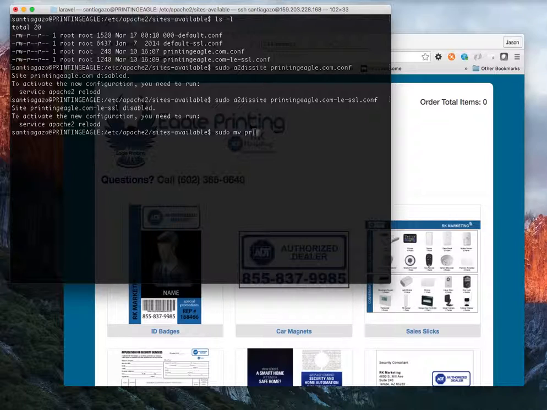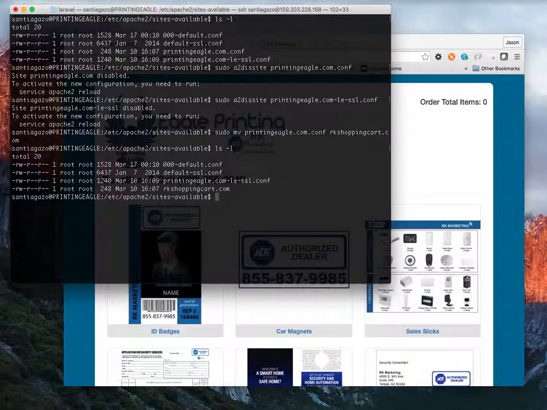Move printingeagle.com.conf to, and I always RK Shopping Cart. Dang it! It copied the carriage return when I copied it before, and completed the command too, because it copied the carriage return. So now we're just going to do it again. There we go. And we're going to move this to